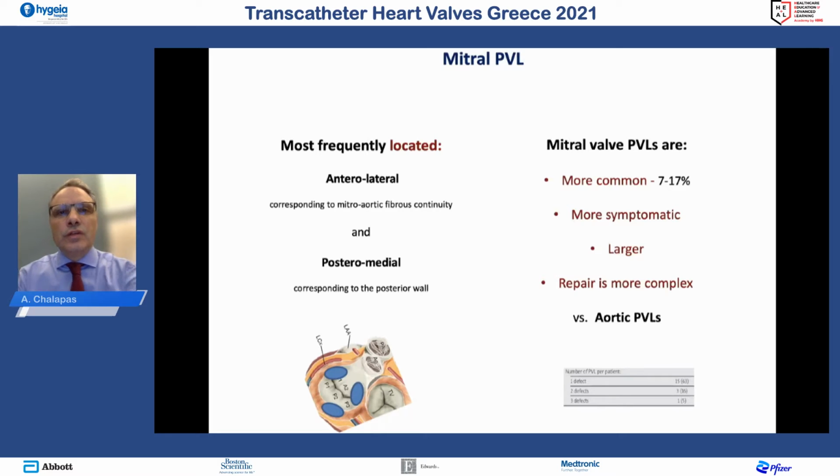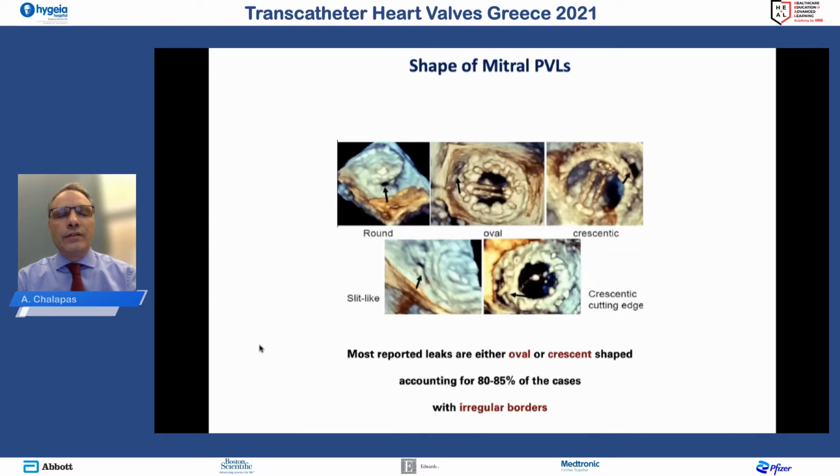Okay, thank you. So opposed to aortic defects, the mitral PVLs are more common, 7 to 70%. They're larger and sometimes more complex in anatomy. They're more symptomatic, and in repair sometimes it's more difficult. Regarding the location, they're most frequently located anterolateral or posterior and posteromedial. And regarding the shape, we've seen that in most of the cases, 80 to 85% are oval or crescent in shape